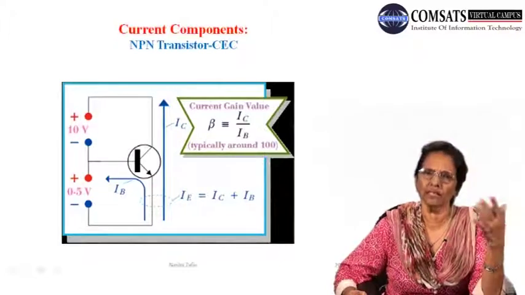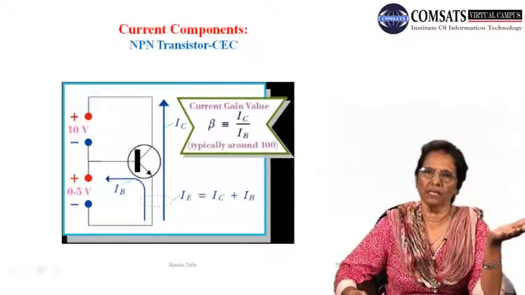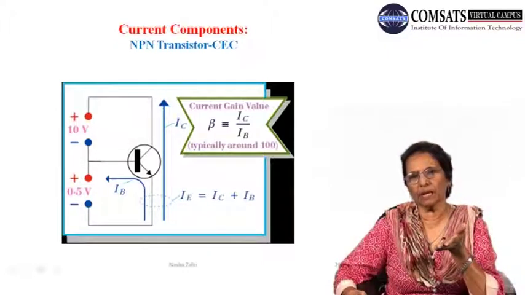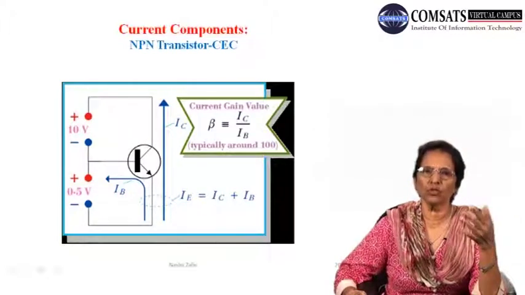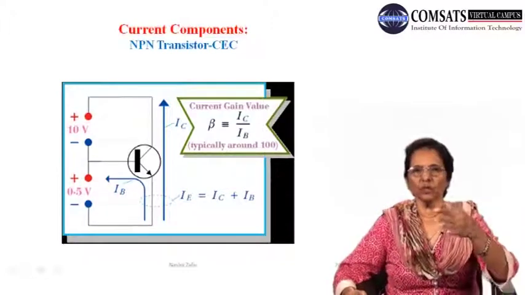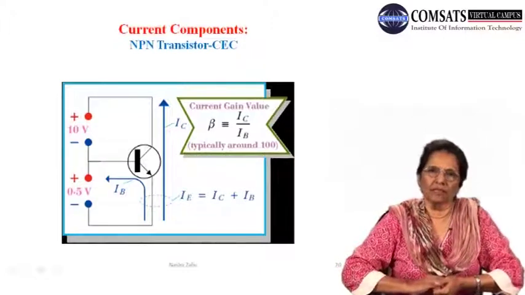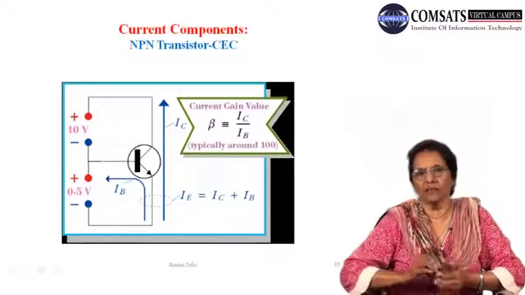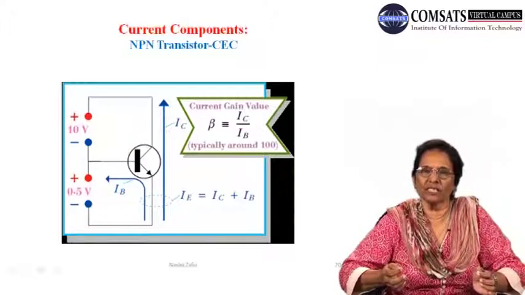ज़्यादा माइक्रो एम्पियर के, इवन 100 माइक्रो है, अगर आप 100 भी ले लें तो भी वो 100 माइक्रो एम्पियर के बियॉन्ड आप नहीं लेते। तो आपकी IB जो है वो माइक्रो एम्पियर के रेंज में है और IC हमारी मिली एम्पियर के रेंज में है। तो स्ट्रेट अवे आपने देखा कि typical values for the gain in the common emitter configuration roughly is of the order of 100। तो 100 गुना, 100 टाइम्स आपकी करंट, आउटपुट करंट हो गई, और इसको आप सिंपल लफ्ज़ों में कह देते हैं कि